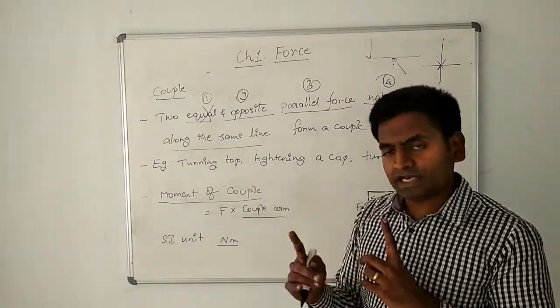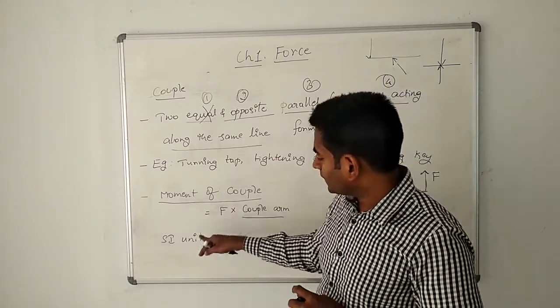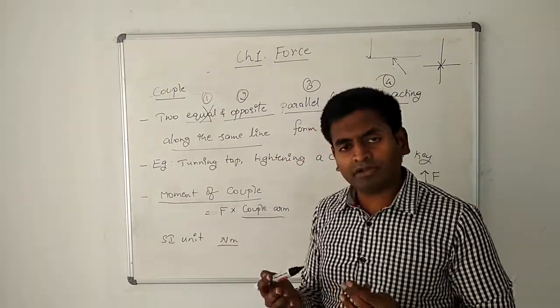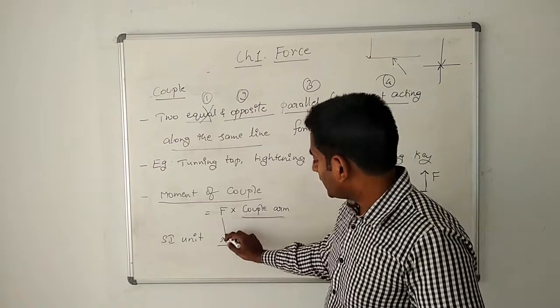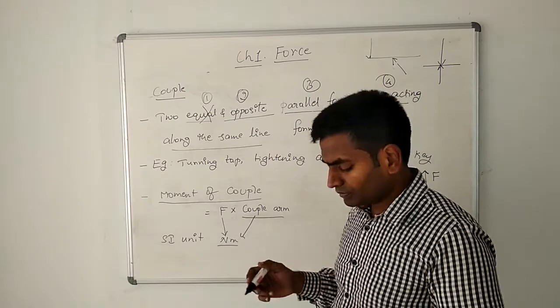So if I want to increase the turning effect, I should either increase the force or I should increase the couple arm. As you have realized by now, the SI unit of moment of couple is the same as newton meters, because force is measured in newtons, and couple arm, that is the distance, is measured